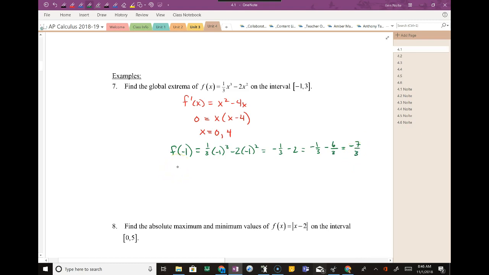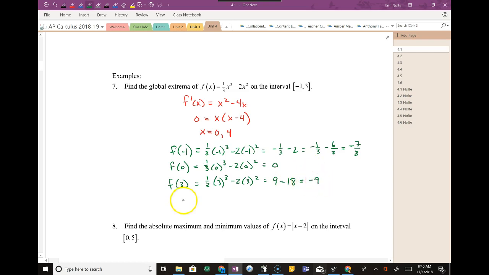What's the next value I'm going to plug in? I'm just going to keep it in order, so I'm going to go to 0 next. If I plug 0 in, I get 0 out. And last, if I plug 3 in, this one's more exciting. 3 cubed is 27. 27 divided by 3 is 9. And then 3 squared is 9. 9 times -2 is -18. So 9 minus 18,